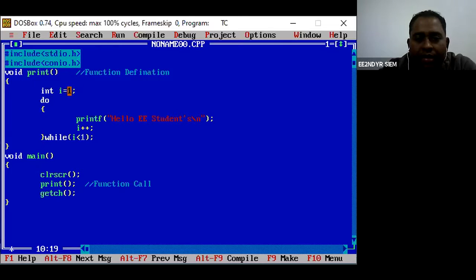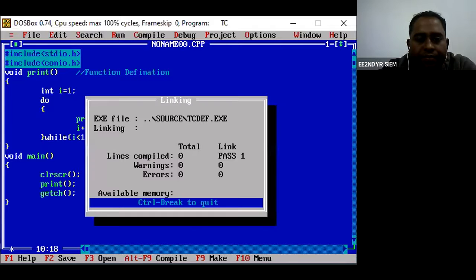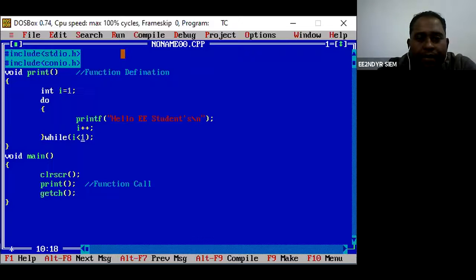After this part gets executed, it will increment the value of i. Is it clear? But still this thing will run. See how it's going to happen, I will explain. See, one time it has got printed. So what is the condition? My condition is i is less than 1. i is never less than 1, because i can be equal to 1, but i is never less than 1. But